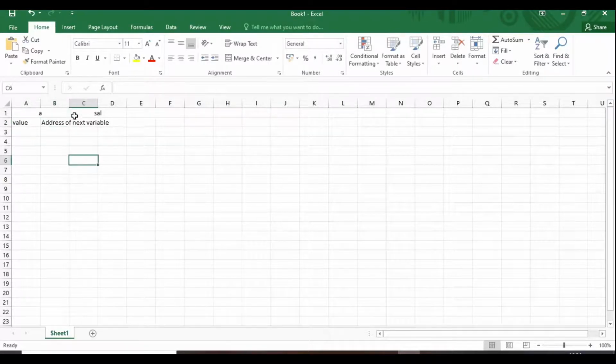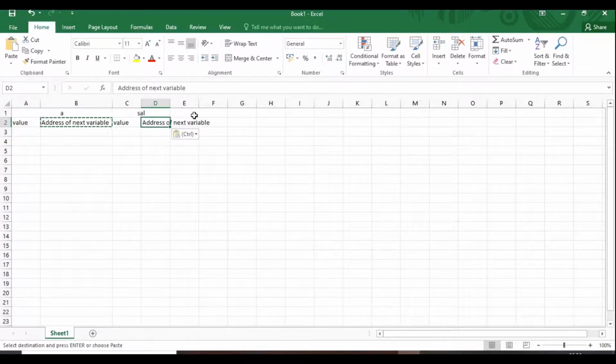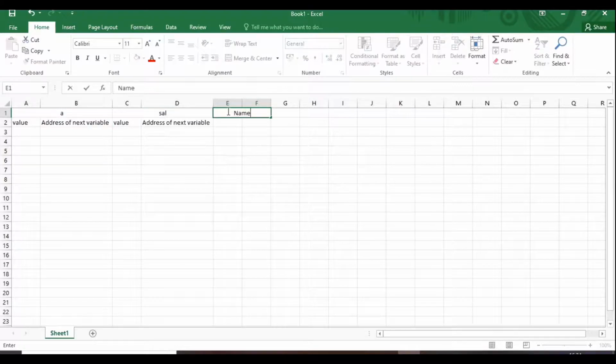Like this it will store. So value of salary and address of the next variable. The next variable, let's say some name, value and address of the next variable.